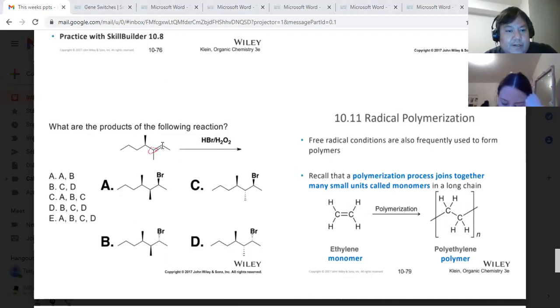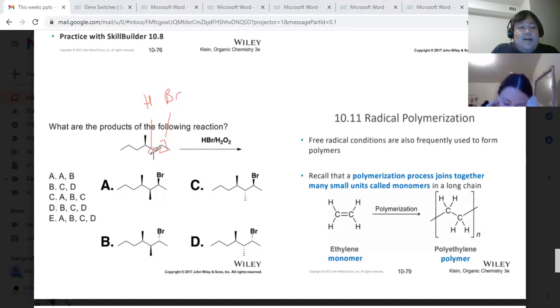This is where the hydrogen is going to be added, right? And this is where the bromine is going to be added, correct? Yes. So looking at my products, A, B, C, and D, are my bromines all on the correct carbons? Are my hydrogens all on the correct carbons? Okay. How many stereocenters am I creating when I add this? 2. So, and you're asking yourself,